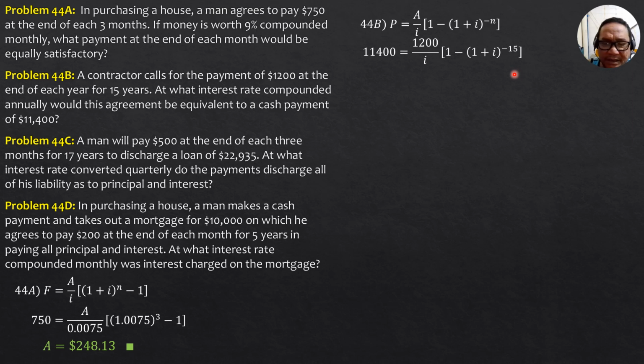So using your calculator, because this equation cannot be simplified further, the calculator can conveniently solve for i. Your high-tech calculator can do this by shift solve. Try i equals 0.1 or 0.05. So solving for i is 6.34%, so it is 0.0634. Then we express that as percent, 6.34%.